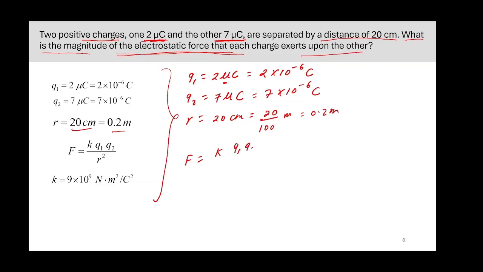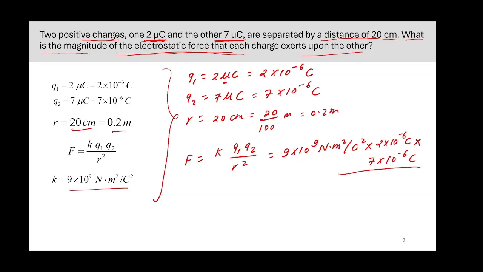From Coulomb's law, the electrostatic force between two charged particles is given by the proportionality constant times Q1 Q2 over distance square. The proportionality constant is 9 times 10 to the 9 Newton meter square per coulomb square, and then Q1 is 2 times 10 to the minus 6 coulomb times Q2, which is 7 times 10 to the minus 6 coulomb, over the distance 0.2 meter squared. And this is 2 times 9 times 7, 2 times 9 is 18, 18 times 7 is 126,